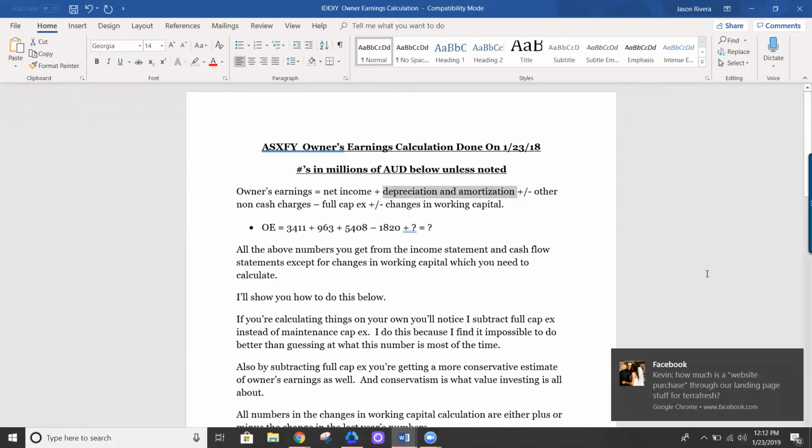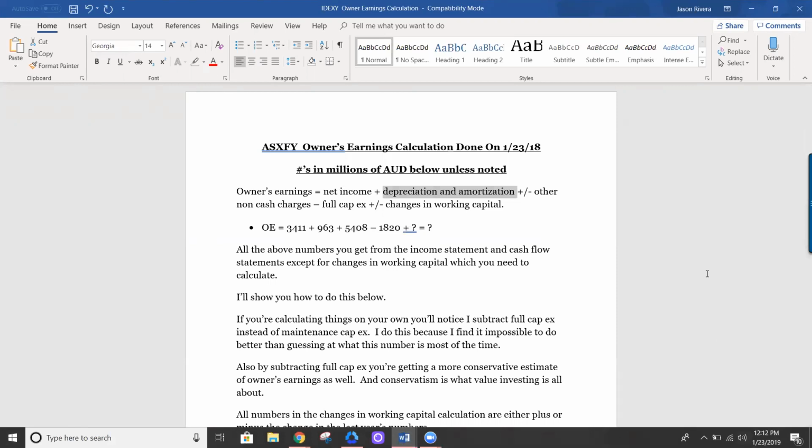So the reason we add depreciation and amortization back in is because they are real-world accounting costs. Assets depreciate in time, no matter what they are. Cars or vehicles, watches, electronics, they become worth less over time. Same thing with big equipment machinery. But having said that, they aren't necessarily a real world cost in many cases. Unless the company has to continually replace their equipment,